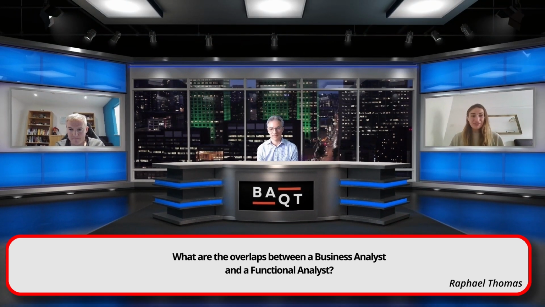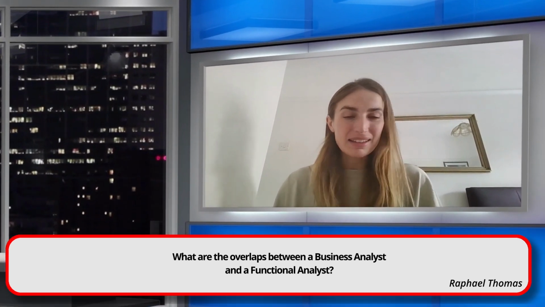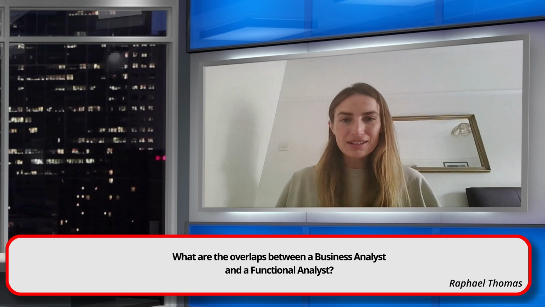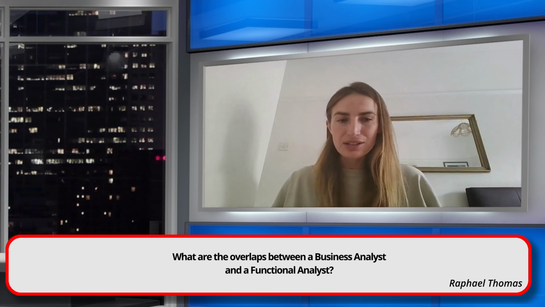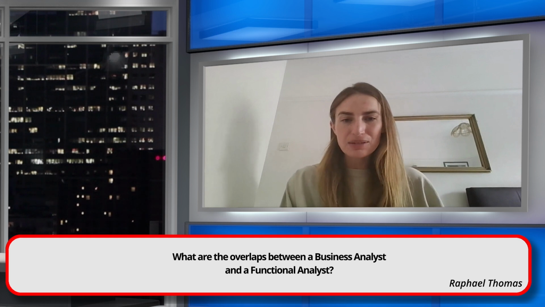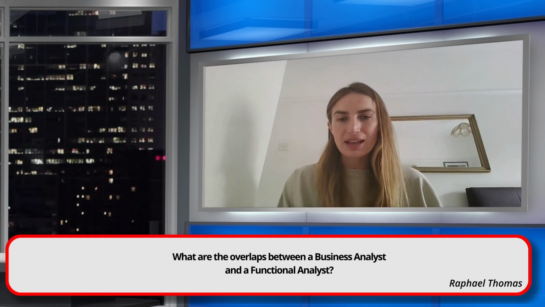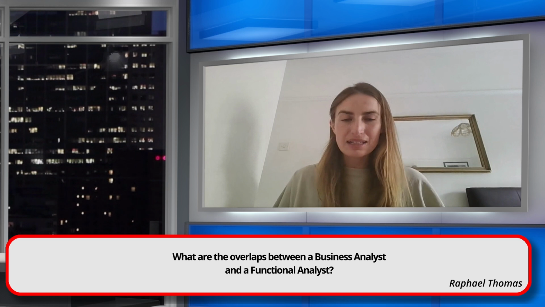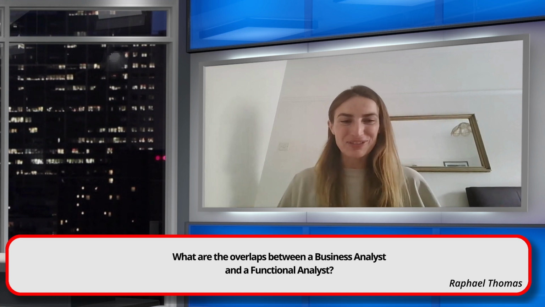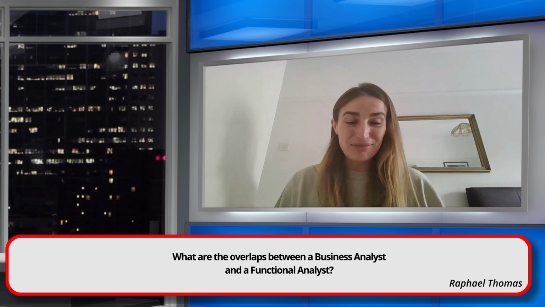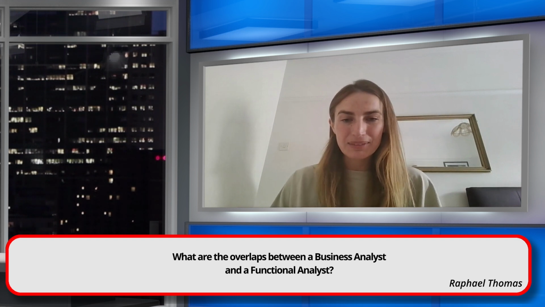I think you've covered it really well. I think the only thing I'd add is that a functional analyst can't cover everything, so there'll be gaps around probably the technical side, around the process side, around the change side as well. So I think the functional analyst will have to identify the gaps in their own skill set and their role to be able to get that complete holistic picture. So I think there's only probably a certain amount of it that they can do independently without needing to bring in other disciplines to support them. So there's probably a whole matrix of different kinds of analyst roles that complement the functional analyst as well, just to get that complete holistic picture.